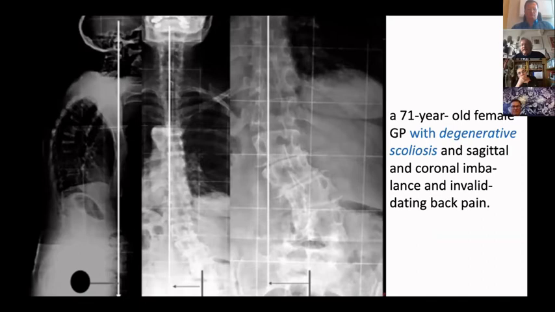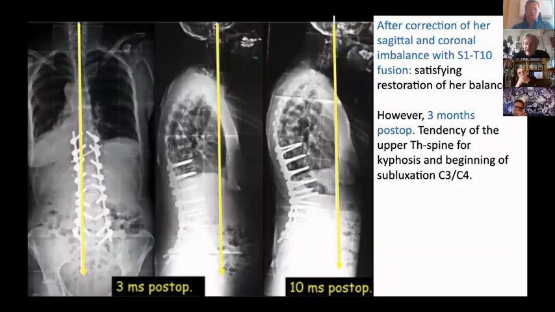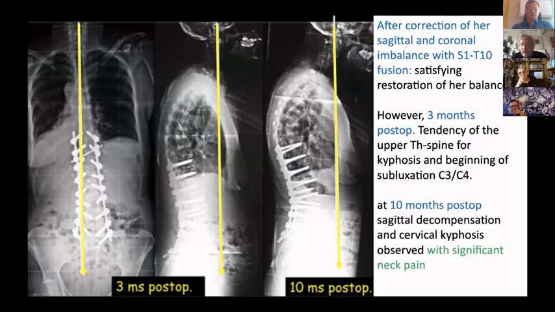This is a 71-year-old female patient. This is a doctor, a GP, with degenerative scoliosis and sagittal and coronal imbalance and invalidating back pain. She has been operated, as you can see here. 3 months post-operatively, she was pretty well. She was very happy, but already you can imagine that there is some kyphosis developing in the upper part. When you see her 10 months later, she developed a sagittal decompensation and a cervical kyphosis, and she had significant